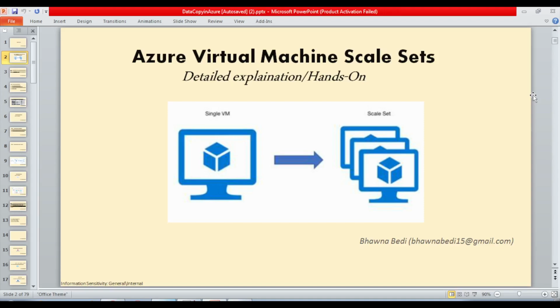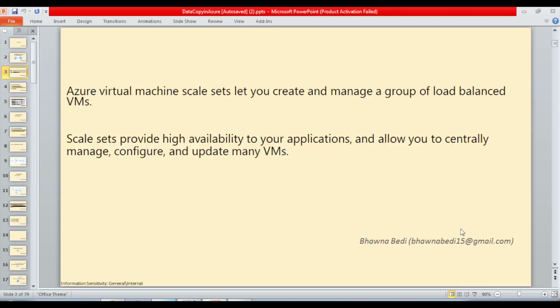So let's say you want to create 10 virtual machines. This Azure virtual machine scale set will define the template of how your 10 virtual machines will look, right? And using that single template, you can manage your virtual machines. So this is what Azure virtual machine scale sets are. Basically, they help you to create and manage a group of load balanced virtual machines. Like most Azure resources, they are highly available, resilient, easy to manage and configure, and if you have any updates, they are very easy to roll out. I'll explain it a bit more in detail.